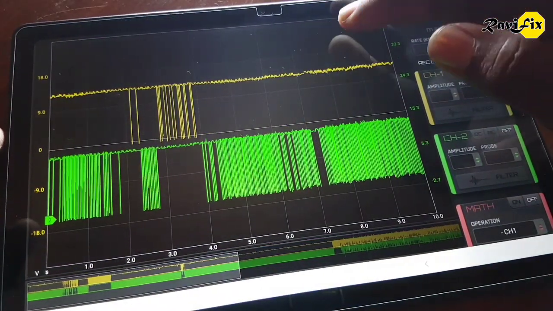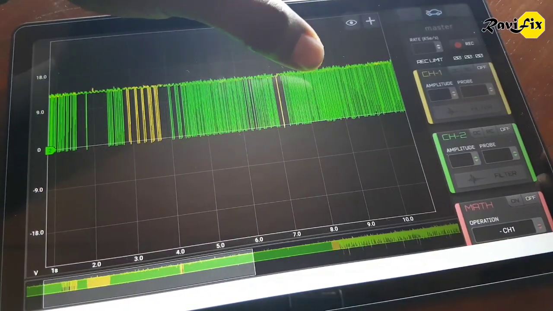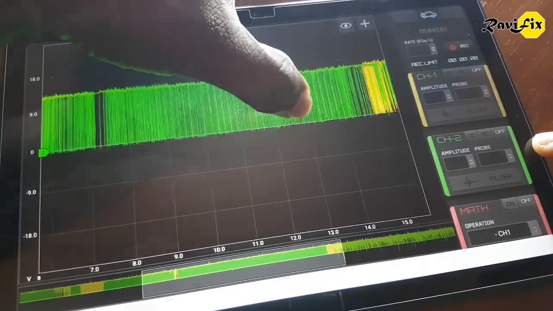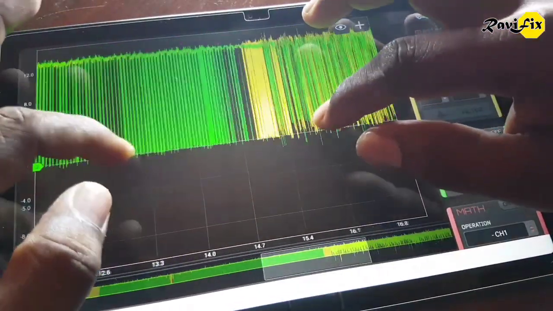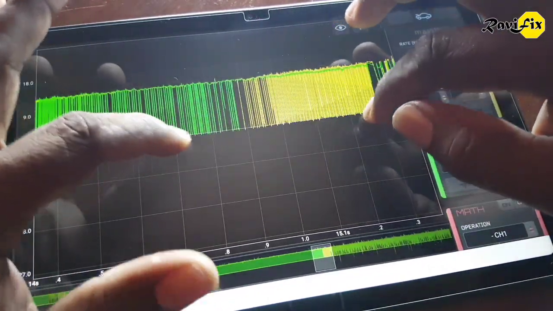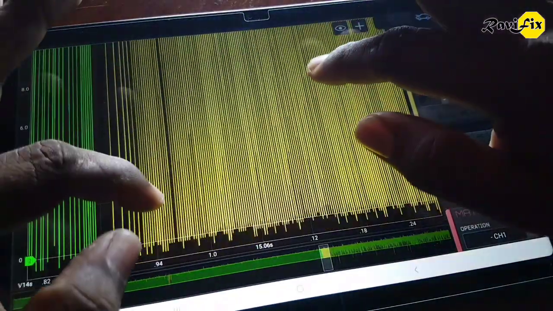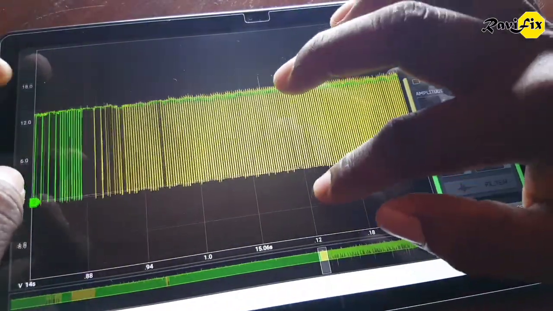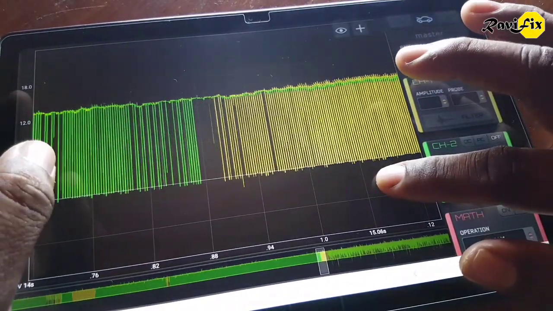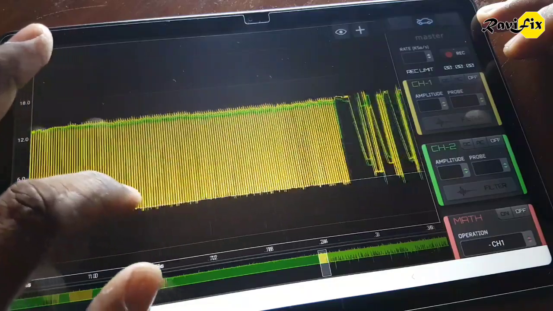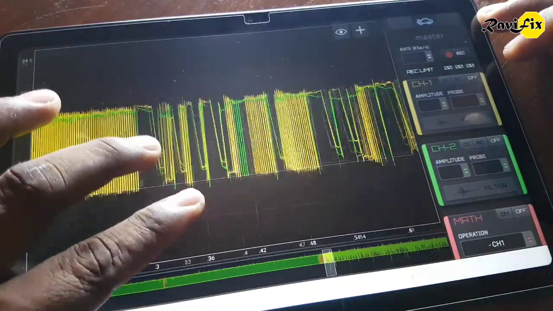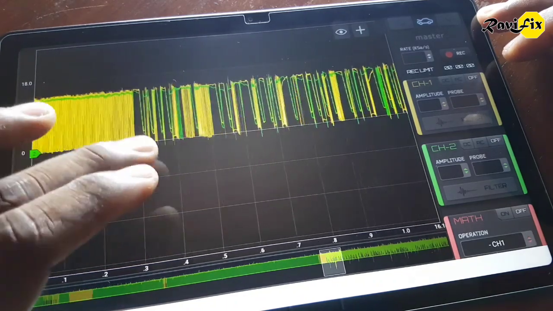Also you can see here that the green trace pulls the ground as a duty cycle. At this time I pushed the gas pedal and it was in high RPM over 3000. After acceleration, here in this area there was a bit of deceleration and then the signal quickly changed. The yellow trace pulls the ground and the green trace stays at battery voltage. That is the reverse polarity switching method I explained above. So you can see a bit of a weird signal pattern from here, other than what we showed before. That is where the throttle not responding problem occurred.